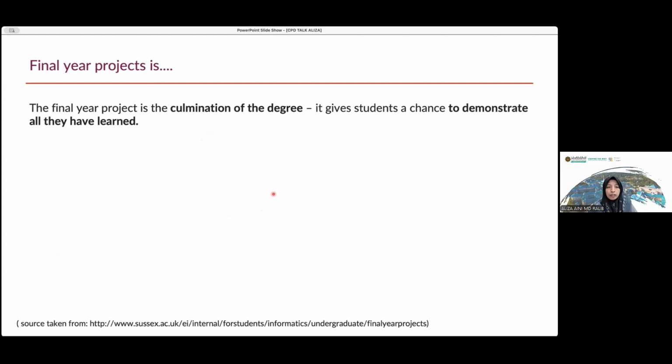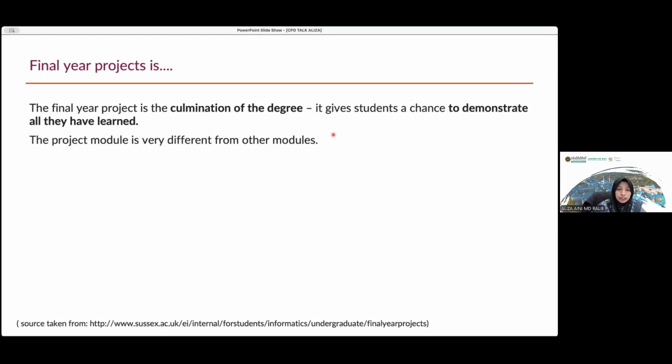Okay. So as we know, I believe most of the participants here have vast experience supervising final year projects, right? So here I'm just sharing my perspective. So what is actually the final year project? This is the subject taken after they have been here for 3 years. This is the fourth year of their undergraduate course in KOE. It demonstrates whatever they have learned in theory in these 3 years, which they will apply into one project, that is what we call the final year project.